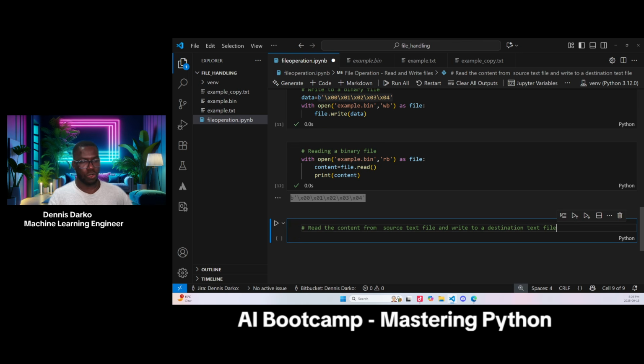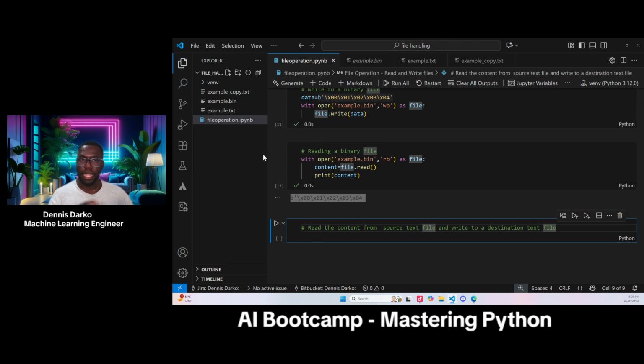So with this notebook, I am not going to do anything. I'm just going to save the entire thing we've done here, zip it, and paste it inside